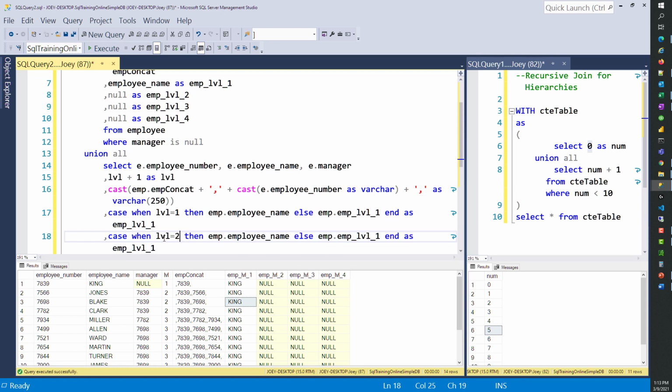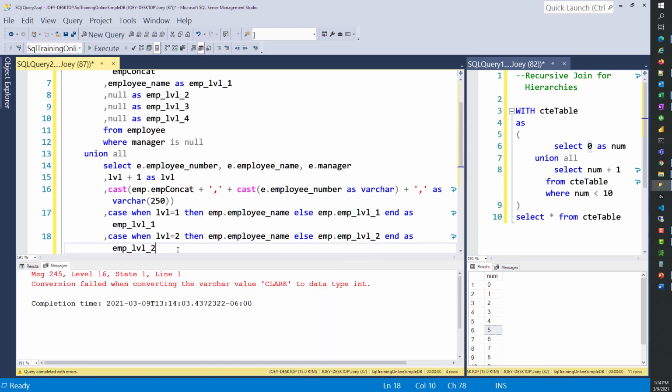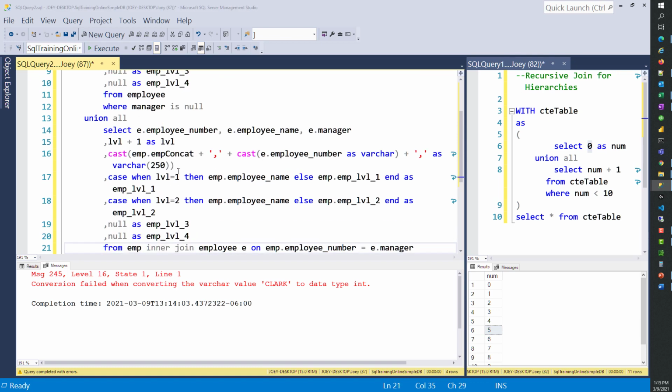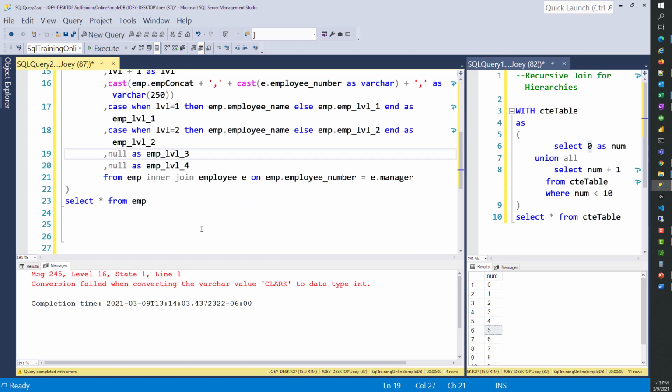And if it equals level 2, we want to actually put the employee name in, else we want to use what's already there on level 2. Call this imp level 2. Let's run that. What happened here? Conversion failed when converting the varchar value Clark to data type int. So what's happening here is that